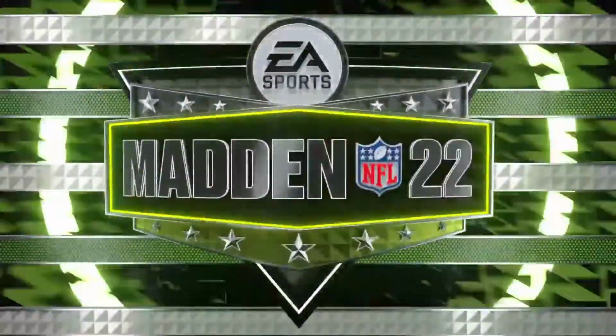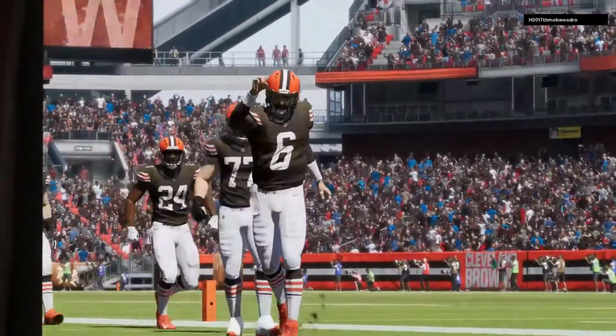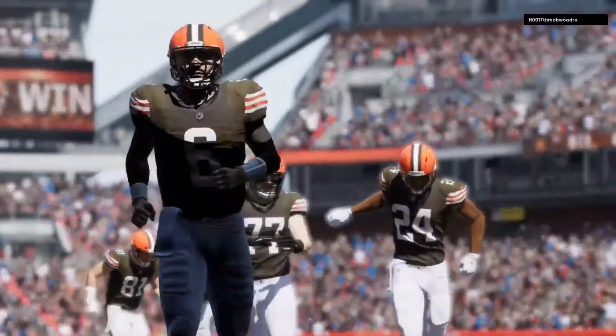And as an offensive coordinator, you just don't think you can do anything wrong. Whatever you call, run, pass, it's all going to work. That's called being in the zone. So for